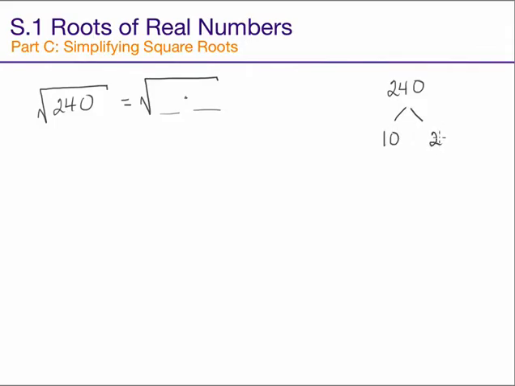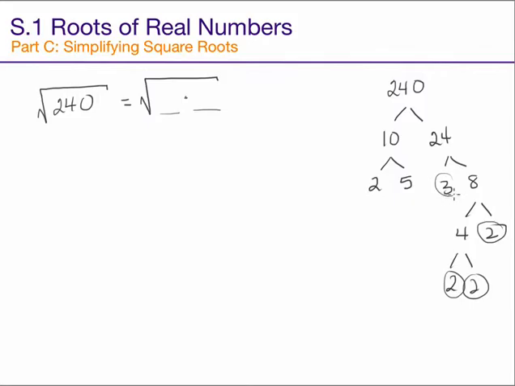Let's do 10 times 24. And then 10 breaks down to 2 times 5. 24 is 3 times 8, or 4 times 6, or 2 times 12. 8 is 4 times 2. 4 is 2 times 2. If I go back and circle all my prime roots,